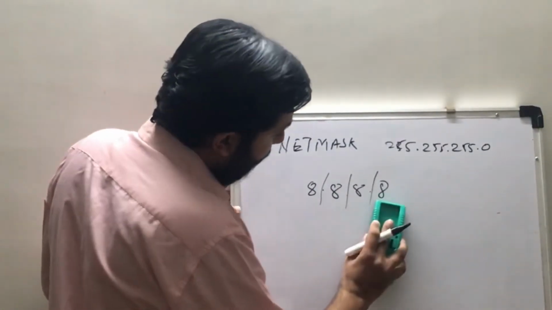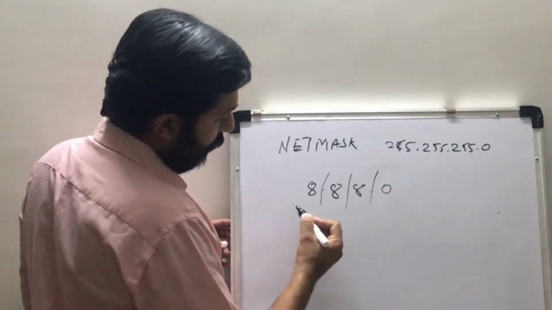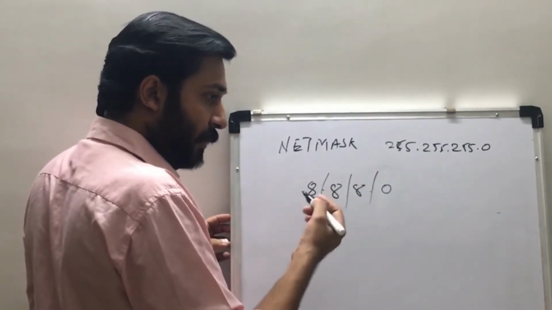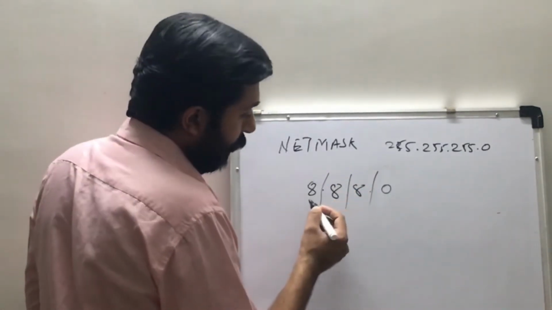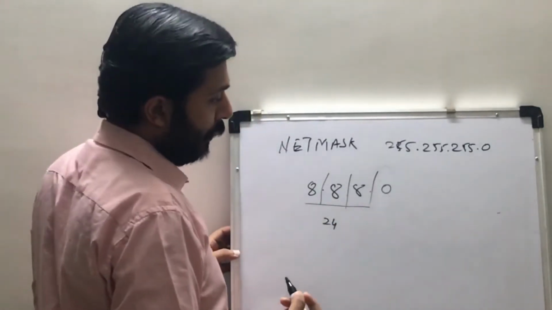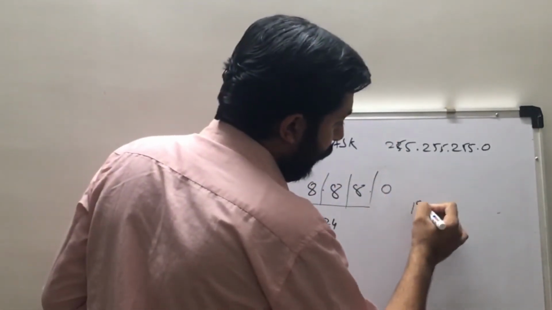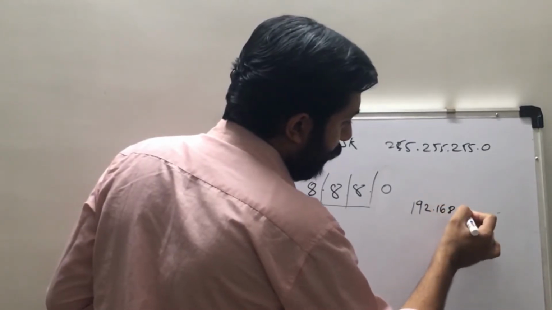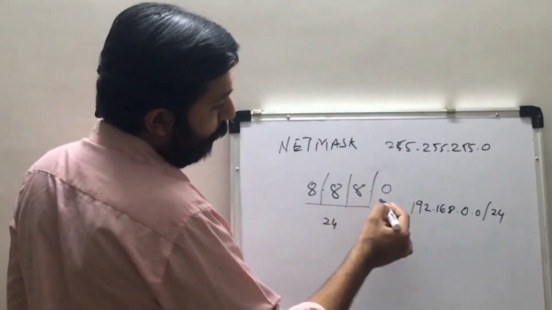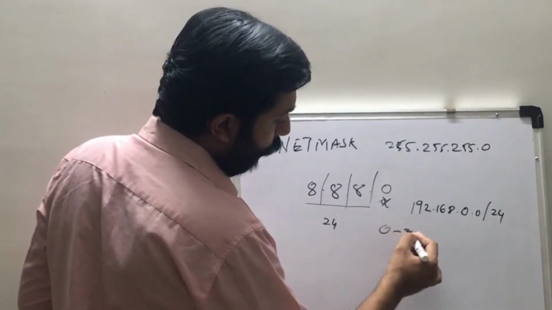Now, if I remove the last mask and put it 0, then if you are asked what is the subnet mask of this, you need to just add these 3, that is 24. This is a /24 subnet. I'll continue this and then I'll explain further into this. So whenever I say 192.168.0.0/24, this means the complete set of IPs for this mask, that is 0 to 255.